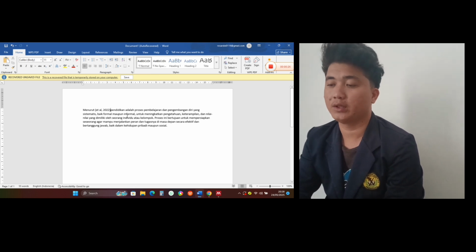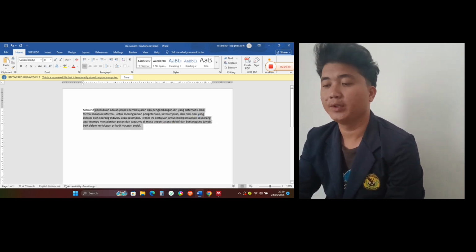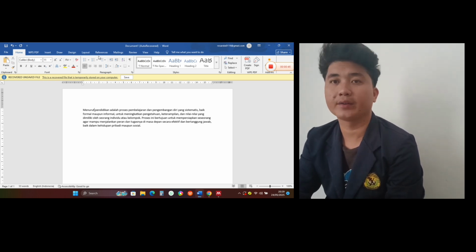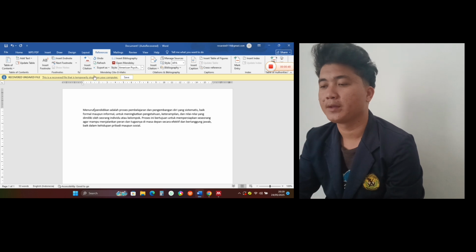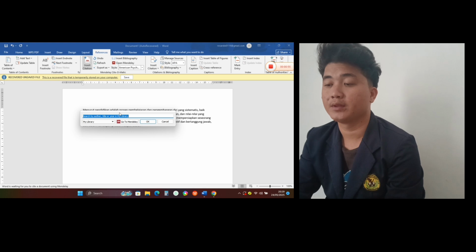First, open your Word. After that, type the definition sentence as you wish, then type at the beginning of the sentence according to the sentence you made earlier. After three, click reference, and click insert citation.